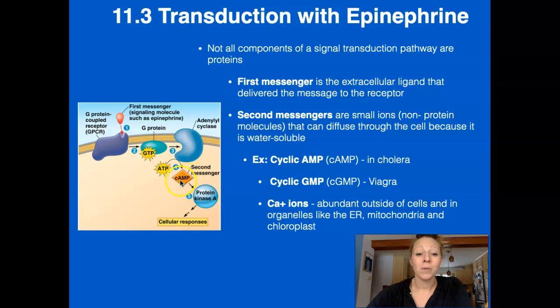So remember that an AMP is an adenosine monophosphate. So adenosine monophosphate, one phosphate group. So there isn't a big charge like an ATP with those 3 phosphates. And the C stands for cyclic. And we'll talk about the difference between those 2 molecules. But these are going to be able to diffuse through the membrane because they are small and soluble.